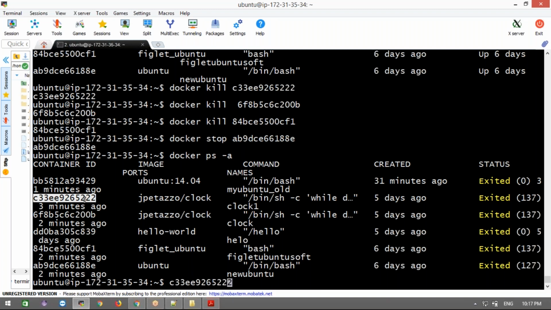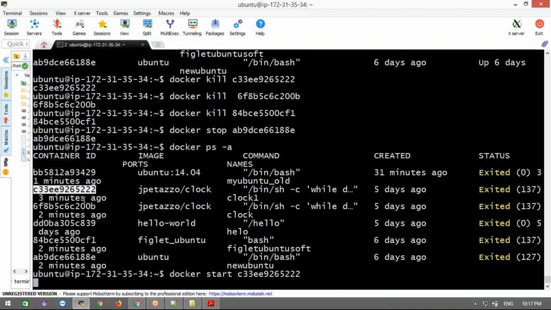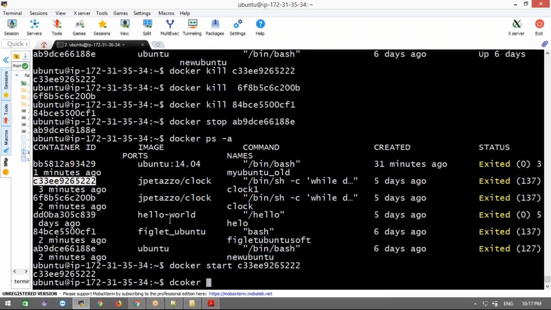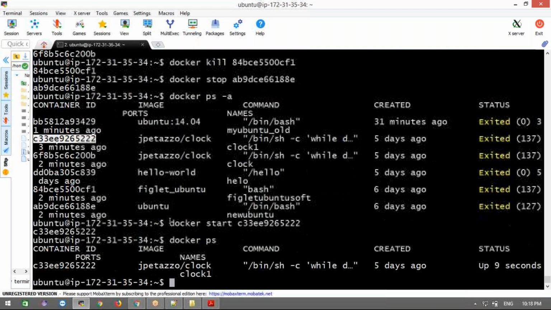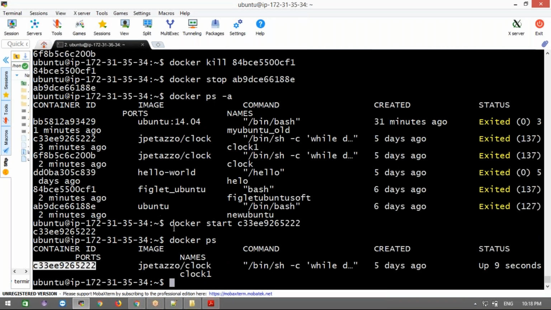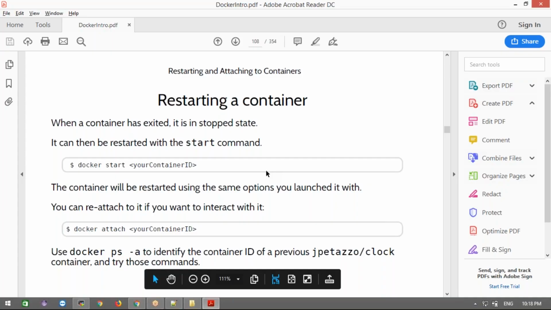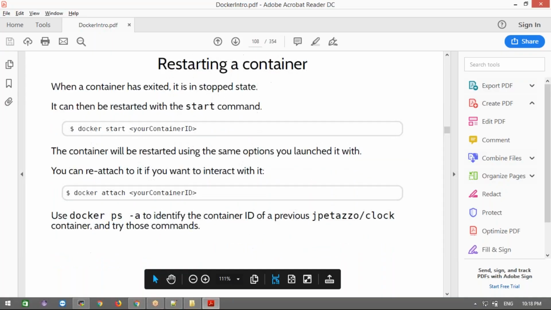How are we going to do that? We can use docker start and the container ID. What will happen is the container will start again. No need to run the docker run command again. You can use the docker start command. If you want to start, stop, or restart, we can use any of them here.